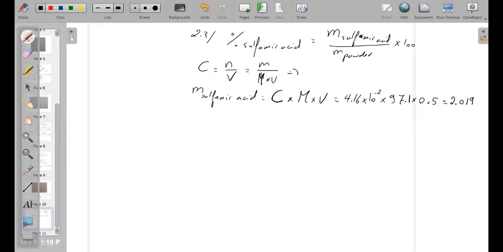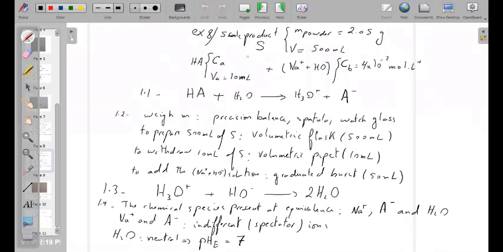That gives 2.019. Okay. Percentage by mass of sulfuric acid equals mass of sulfuric acid, 2.019, over the mass of the powder equal to 2.05,